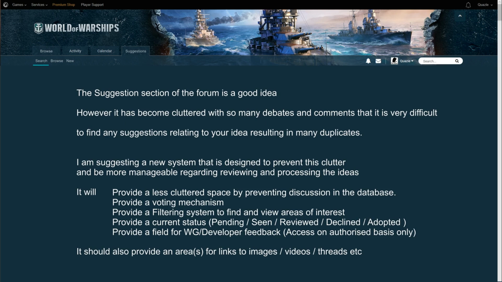A suggestions section of the forum is a good idea. However, it has become cluttered with so many debates and comments that it's very difficult to find any suggestions related to your idea, resulting in many duplicates. I am suggesting a new system that is designed to prevent this clutter and be more manageable regarding reviewing and